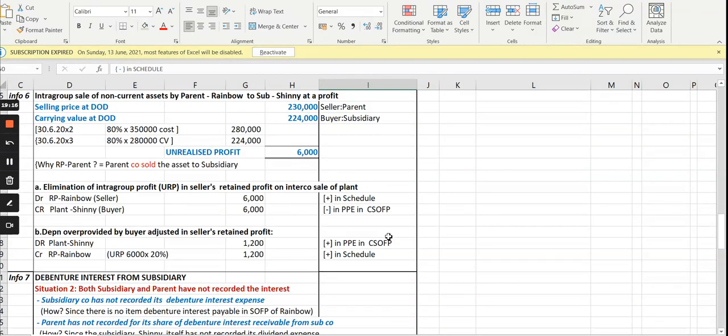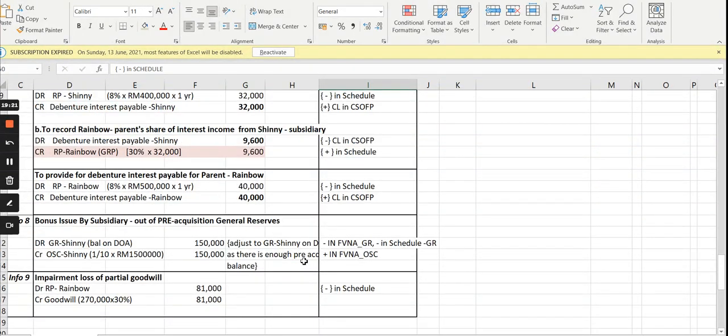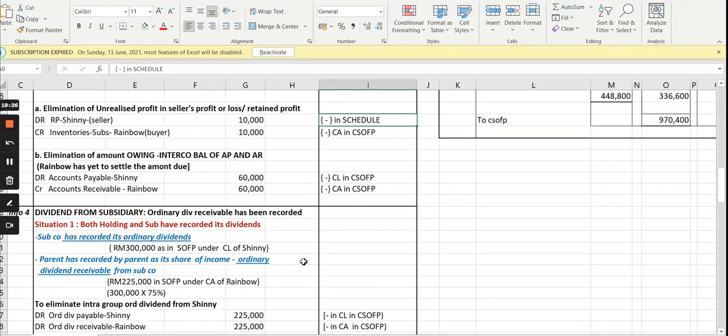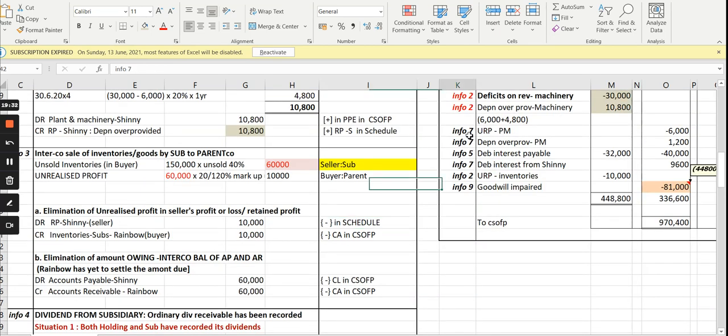On intra-group sale of inventory. So that was information number 3 actually. So we have to make some correction there. You don't have to cross-refer that. I'm just showing you to make things simpler. So that has been checked as well, and that also need to be adjusted with the depreciation. So unrealized profit and surplus or deficit will also need to be adjusted to the figure, as well as the